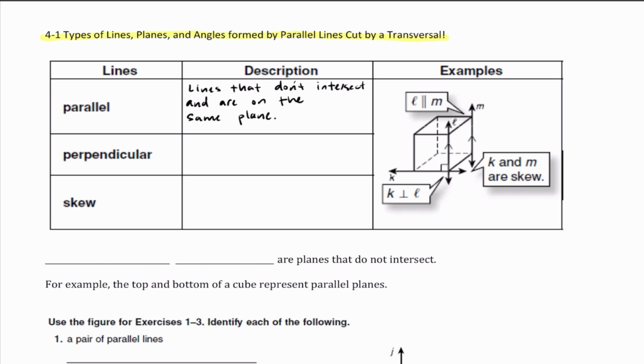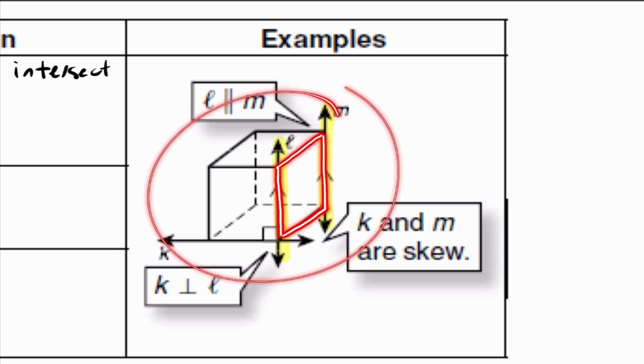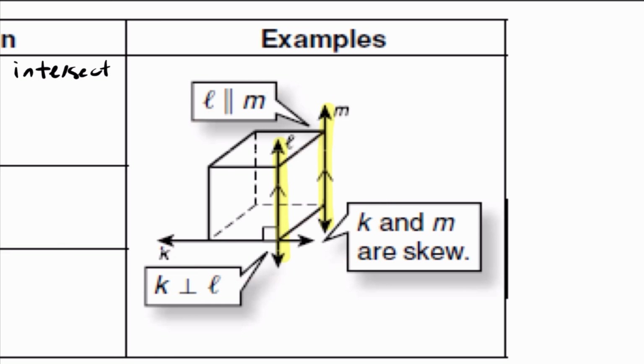Let's take a look at the cube to the right. Lines L and M are lines that don't intersect, but at the same time, they are on the same plane. This is a plane, and it's one of the planes of this entire cube. Note, to indicate to the reader that the lines are parallel, we use these arrows or feathers to show that